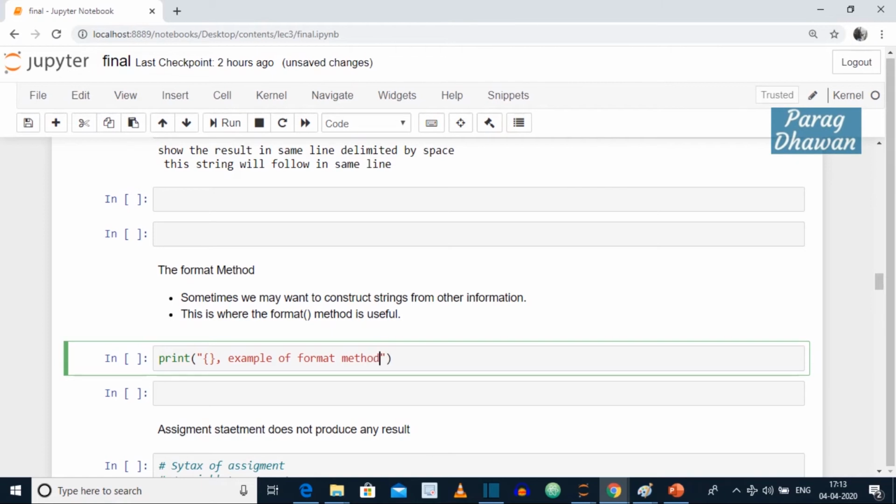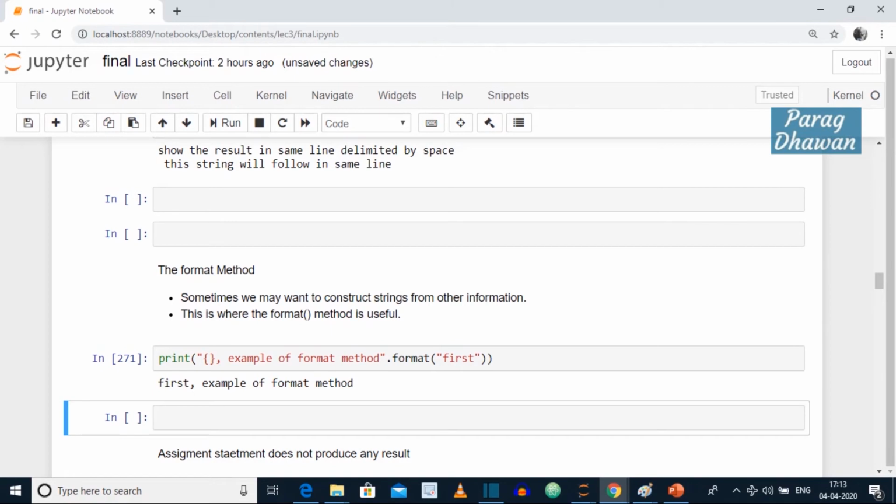After the double quotes you write dot format, and inside the parentheses you give your argument, whether a string or a number. In this case I am giving a string first. Execute the statement, and the output will be: first example of format method.